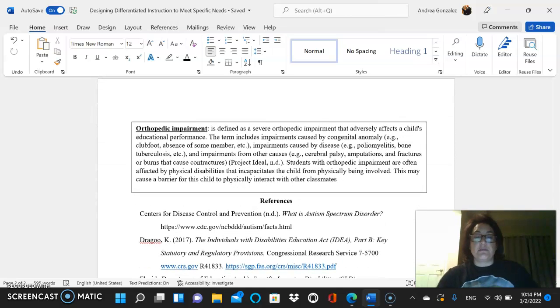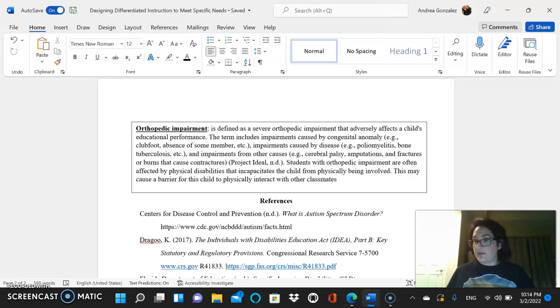My last one is orthopedic impairment, and this one could be caused congenitally, something that they're born with, or by a disease, and it's something that's going to affect the student's ability to physically be a part of the class.